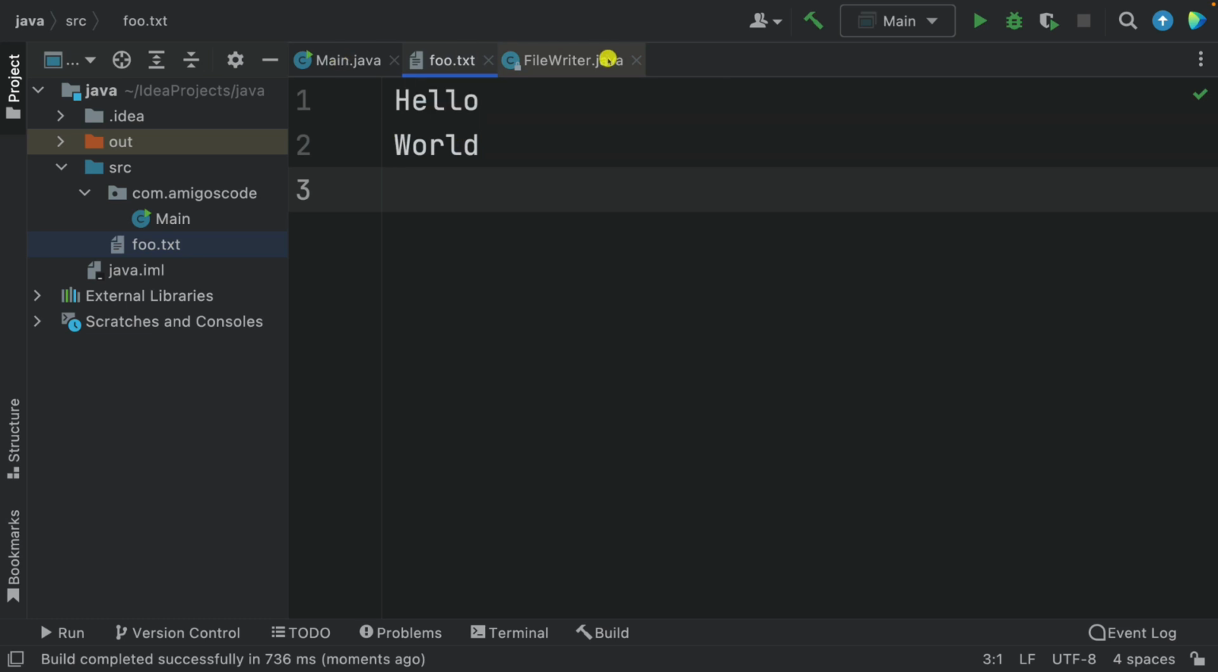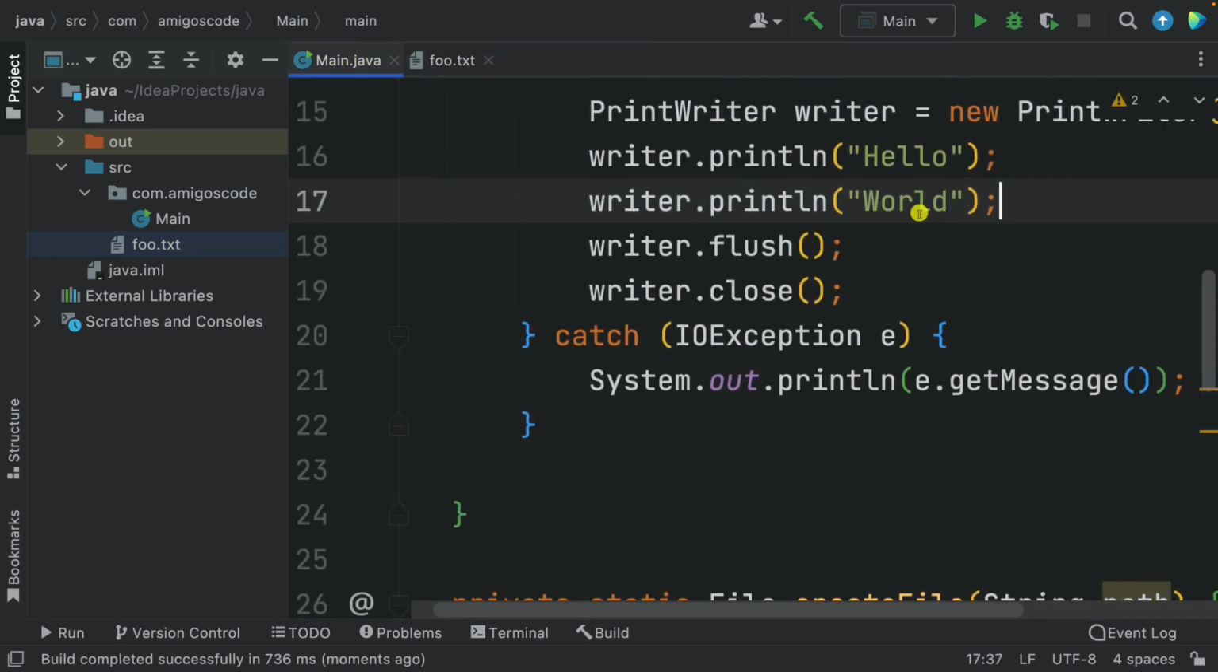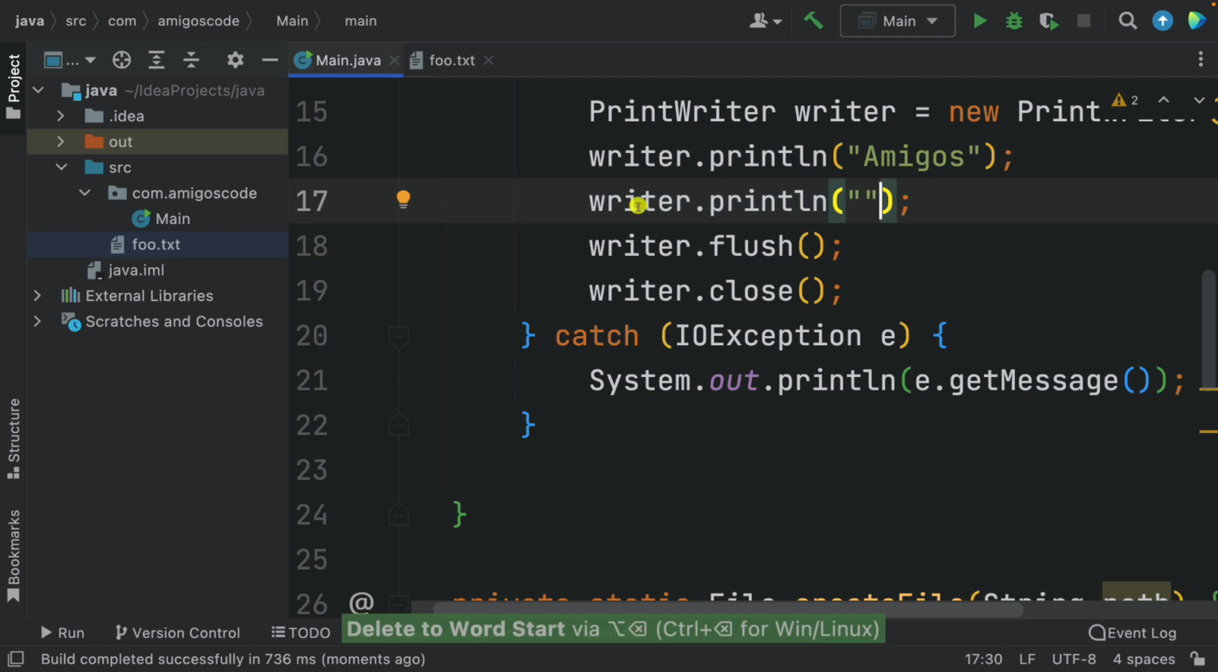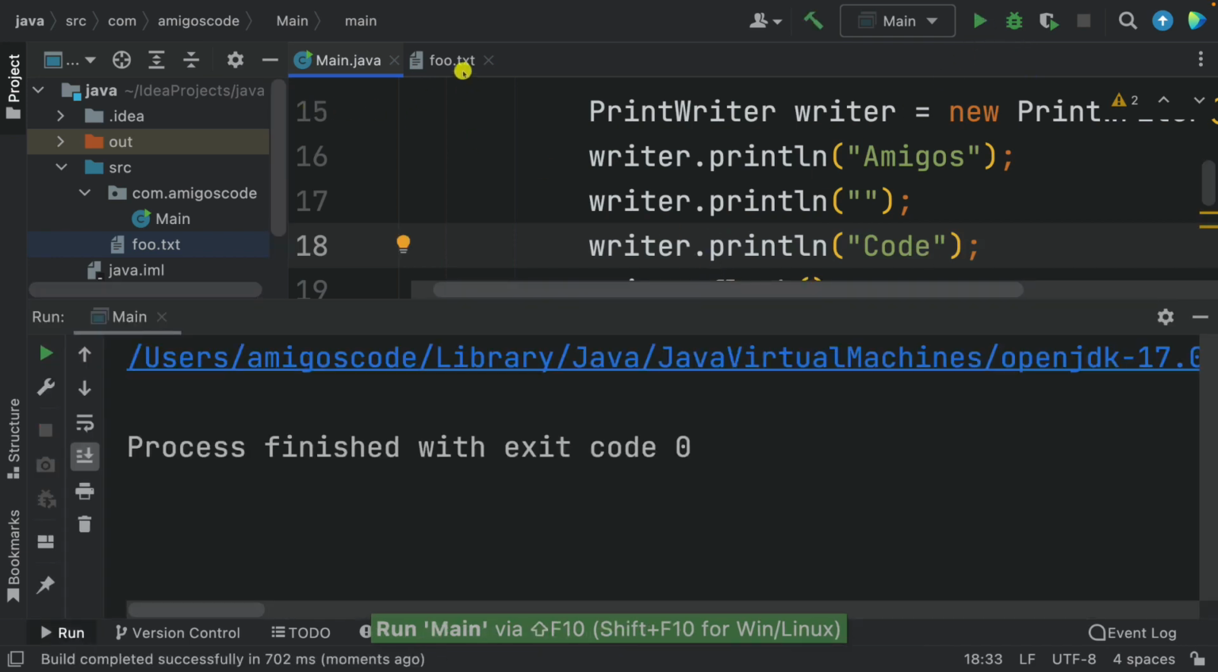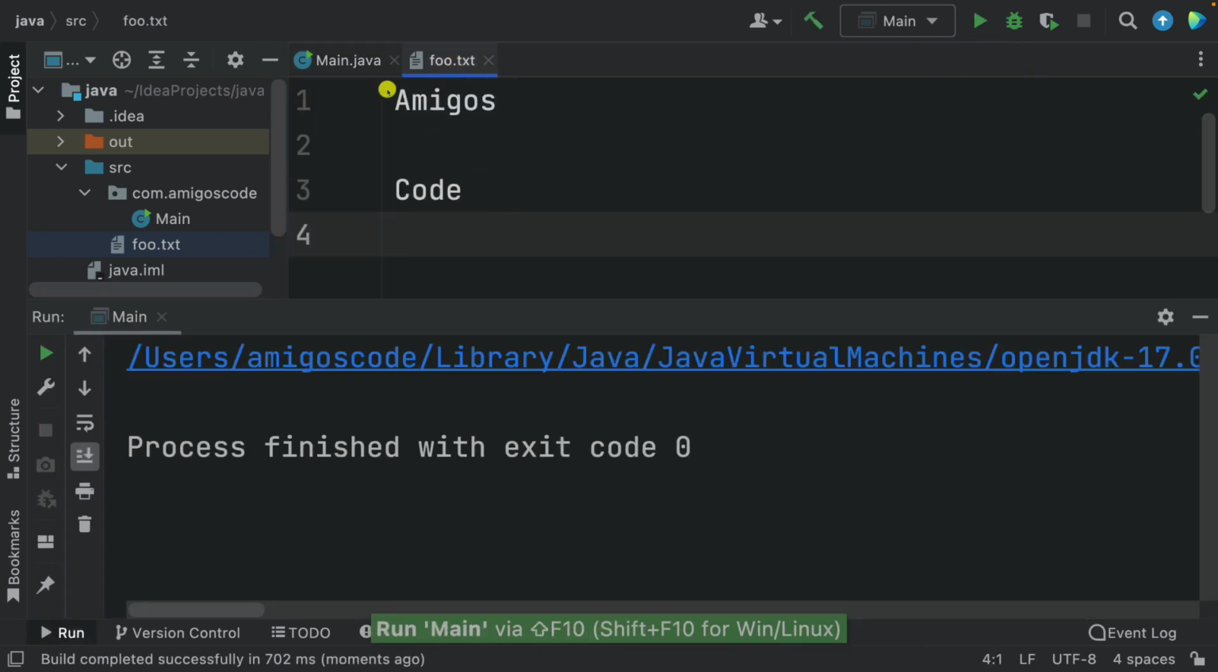Now, one thing is, so let me just close this and open up main. So here, if I say, for example, amigos, and then here, I'm just going to show you that println just gives us a new space. And then here, I'm going to say code, for example. Let's just run this. Go back to our file. And you can see that we have amigos